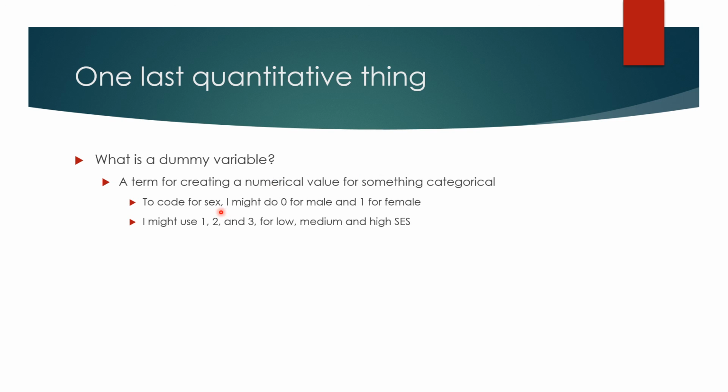We can think about if we were collecting data on a person's sex, we would ask them male or female. We wouldn't ask them 0 or 1. That would be weird, and they wouldn't know what we were talking about. So we would ask them with the words, and they would indicate to us with the words that we give them. Then when we're going to do analysis, we turn the word into a number. And so this is actually what I did as well for our project, where when we had the gender row or column, I went through and changed those to 0 and 1 so that I could run statistics on them